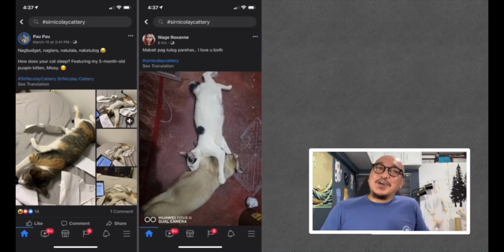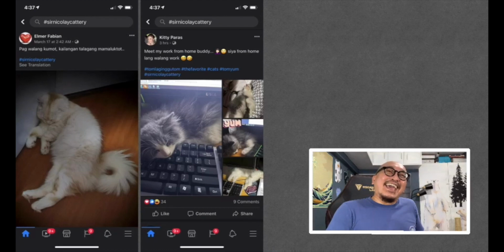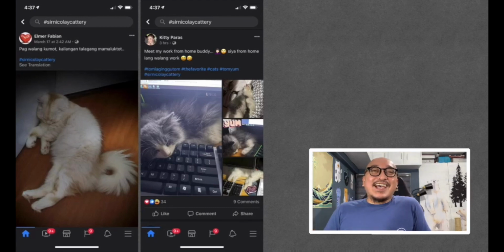Then we have two hugging cats sleeping from Wage Roxanne. That's very nice. Okay, from Elmer Fabian, that's a really cool cat sleeping by the corner. Pag walang kumot, kailangan talaga mamuloktot. Okay, and the next one is from Kitty Paras, who is actually very familiar to many of you who do